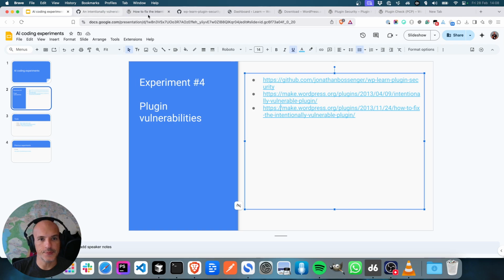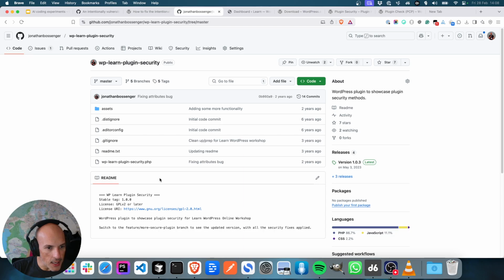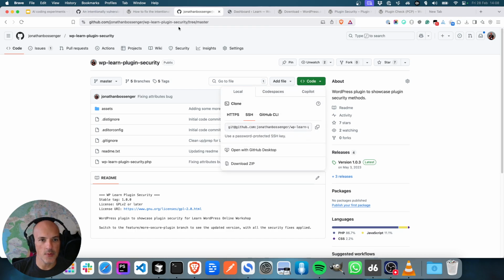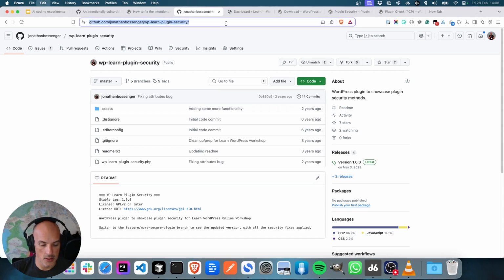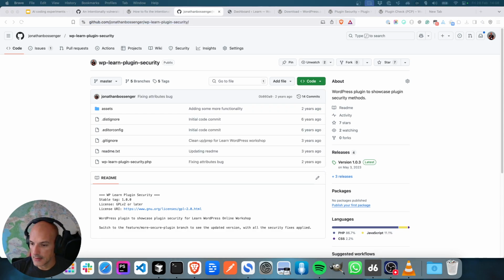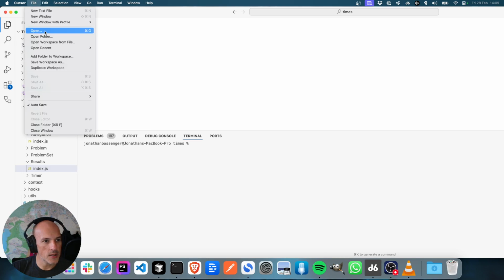So let's start off by cloning this plugin. If you want to check this code out, you're more than welcome to. I'm going to paste this in the chat if anybody wants to check that out. Why doesn't Command V work in OBS? I don't know. But anyway, let's check out this code. Okay, so here is my cursor. Let me open up